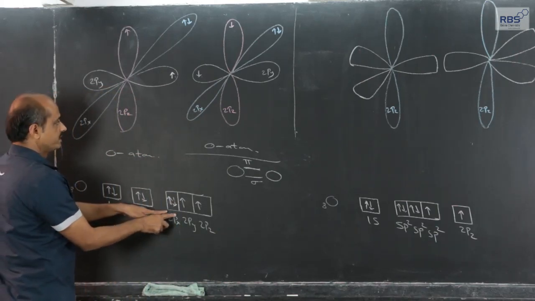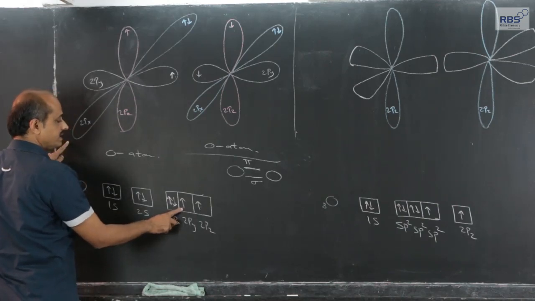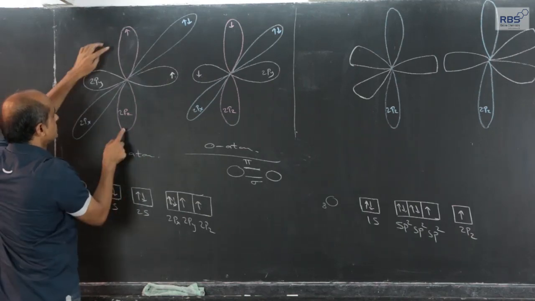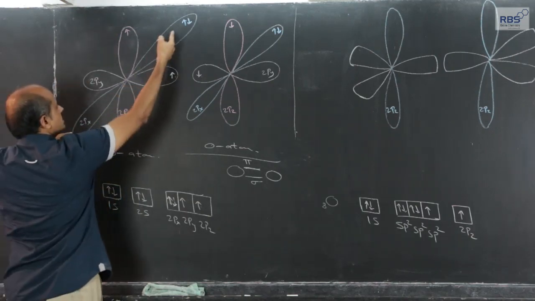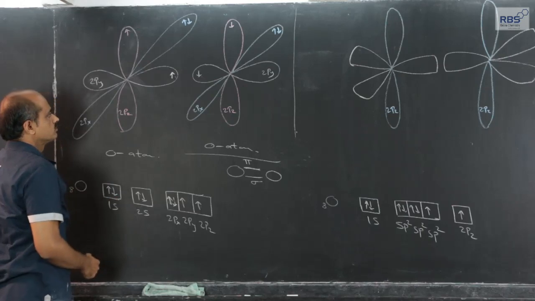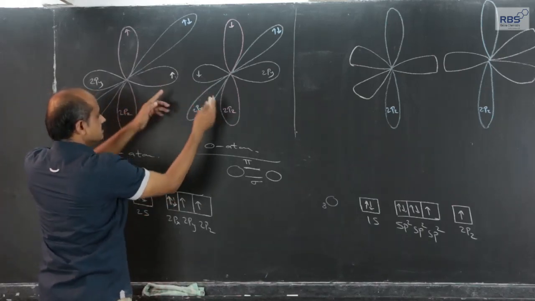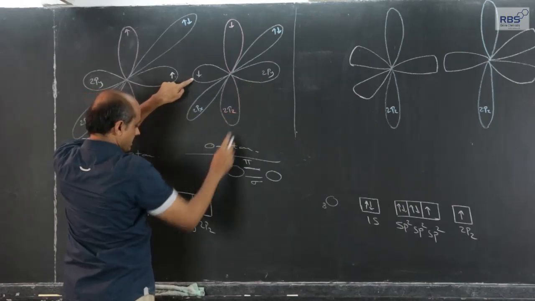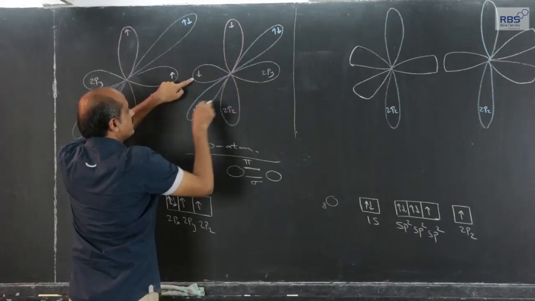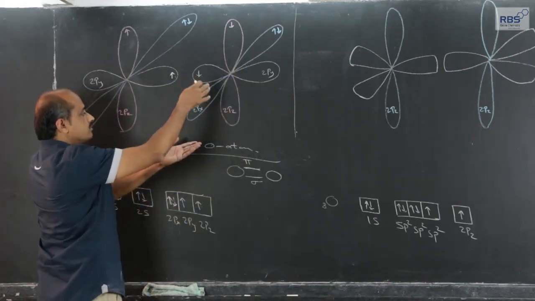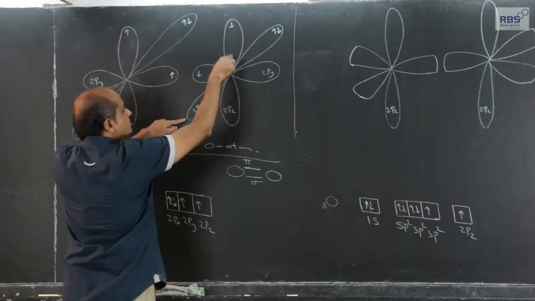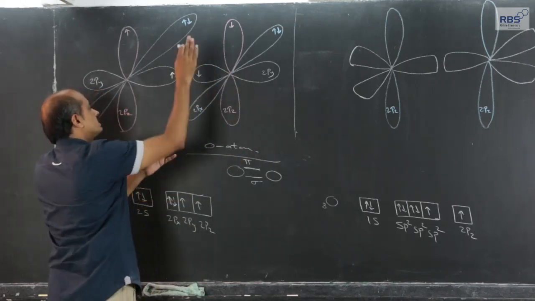One lone pair in 2s, one lone pair in 2px, one unpaired electron each in 2py and 2pz. So, unpaired electron in 2py, unpaired electron in 2pz and lone pair in 2px. s is spherically symmetrical, so I have not shown it. Now, the same is true for another atom: 2py, one unpaired electron, 2pz, another unpaired electron. py and pz are perpendicular to each other, and px, py and pz are all perpendicular to each other. Px is also perpendicular to both, with one lobe on our side and the other lobe on the other side.